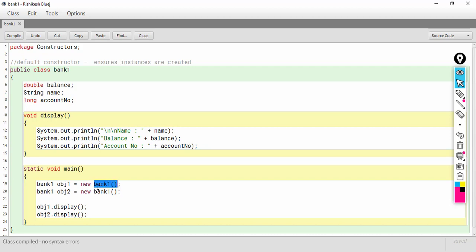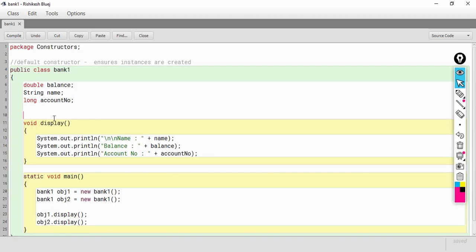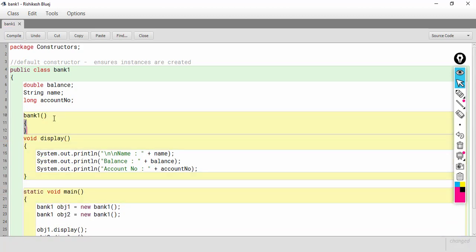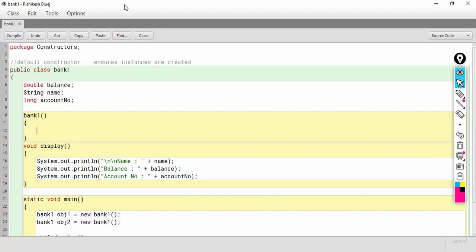And we have already seen how the constructor looks like. The constructor has the same name, isn't it? So if I put a constructor here, I write like this: bank1 parenthesis and then a pair of curly brackets. So here this is my constructor.